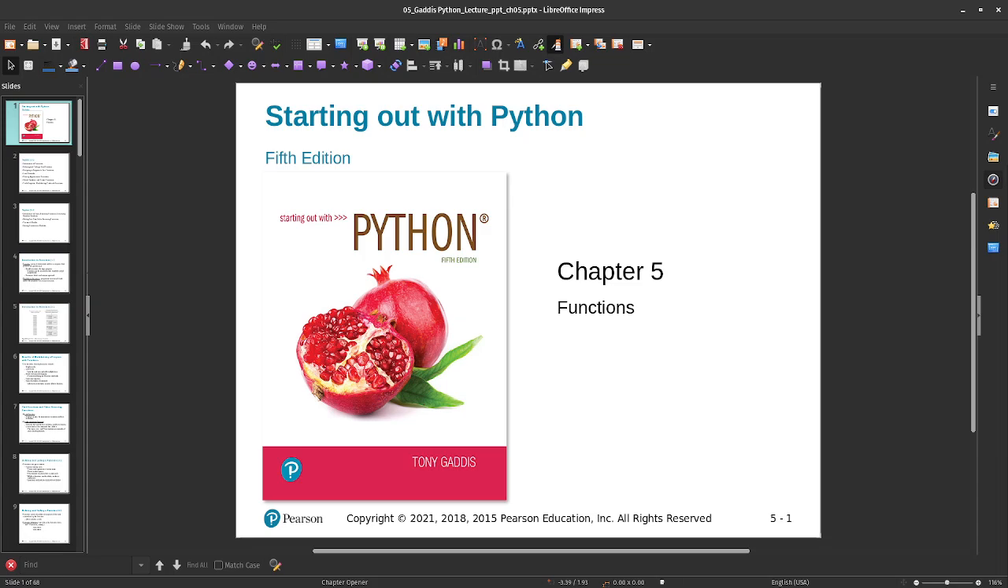Let's jump here into Chapter 5. Chapter 5 covers the basics of functions. So up to this point, what we've been messing around with is sort of iterative programming, where we start at the top, we go down, line by line by line. Sometimes we have a loop, sometimes we may not, but everything sort of executes from the top to the bottom